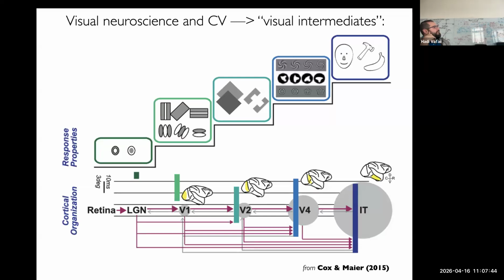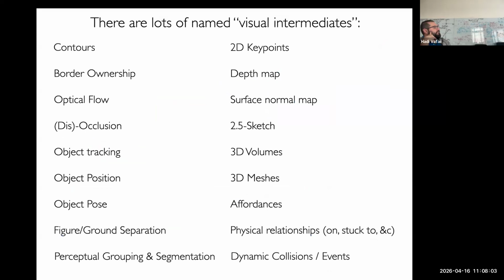Actually, part of what I was saying earlier was that this description was not that useful from the point of view of making a lot of progress at describing the visual system. In building all the previous models of the visual system that I built, I kind of threw all of these things out. I never conceived of this because it was not that helpful. But it is truly how people think about it. And indeed, there are lots of named visual intermediates, both in vision science and in old school computer vision especially. Things like low-level stuff like contours, all the way up to 3D volumes or affordances, and lots of stuff in between, optical flow or the 2.5D sketch or whatever.